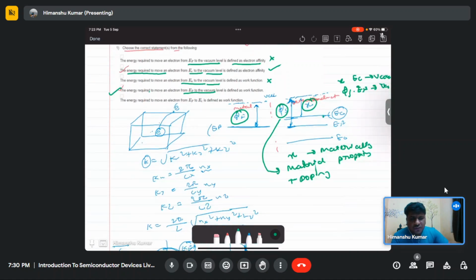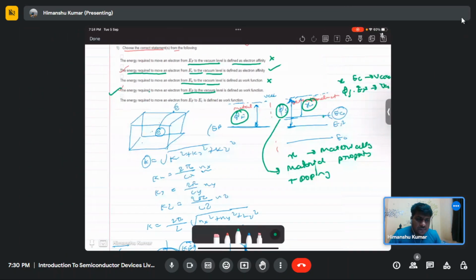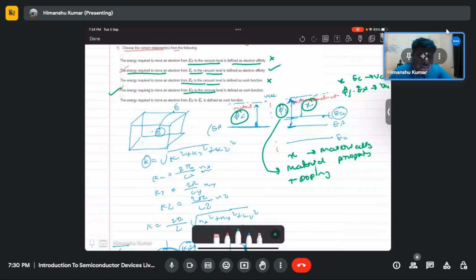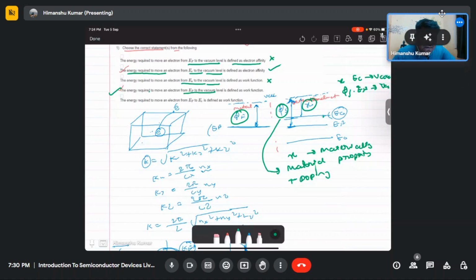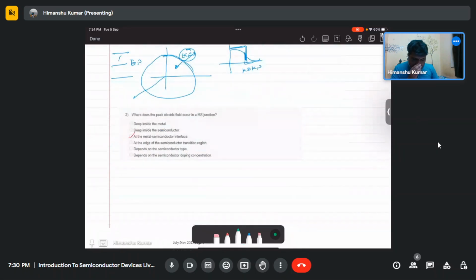Okay, so is there any doubt in this? Because a lot of people have a lot of confusion in just the basic definitions. Sometimes, even in competitive exams, for 1 mark they can ask straightforward definition questions. So is there any confusion? Then you can ask, or otherwise we will move on. Okay, so let's move to the next question.